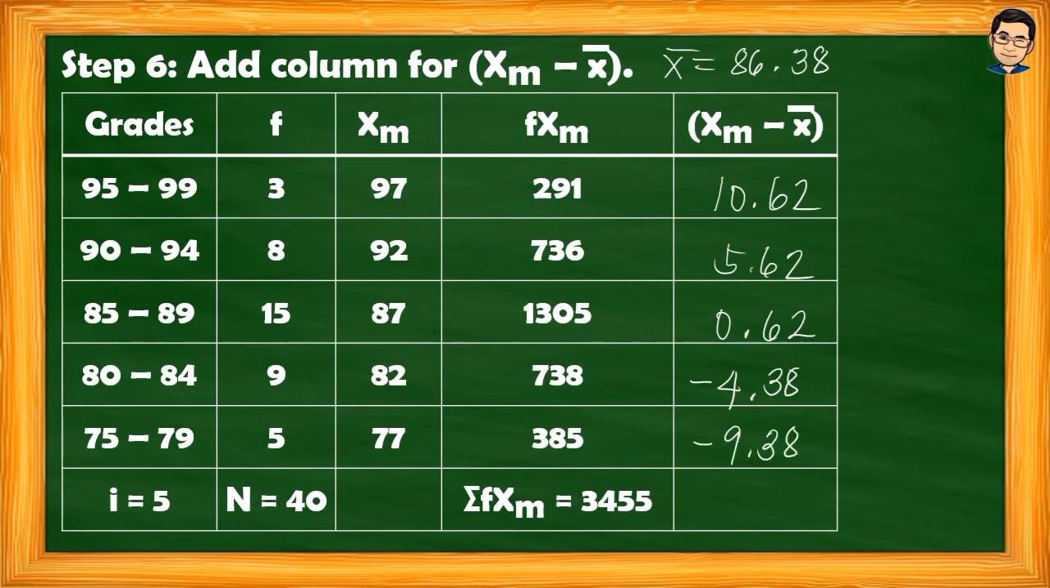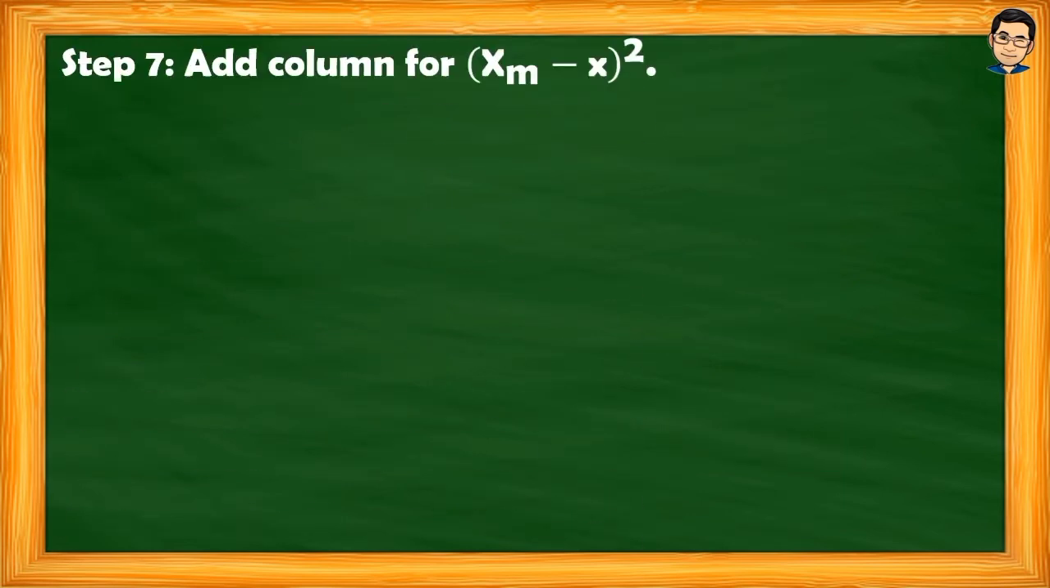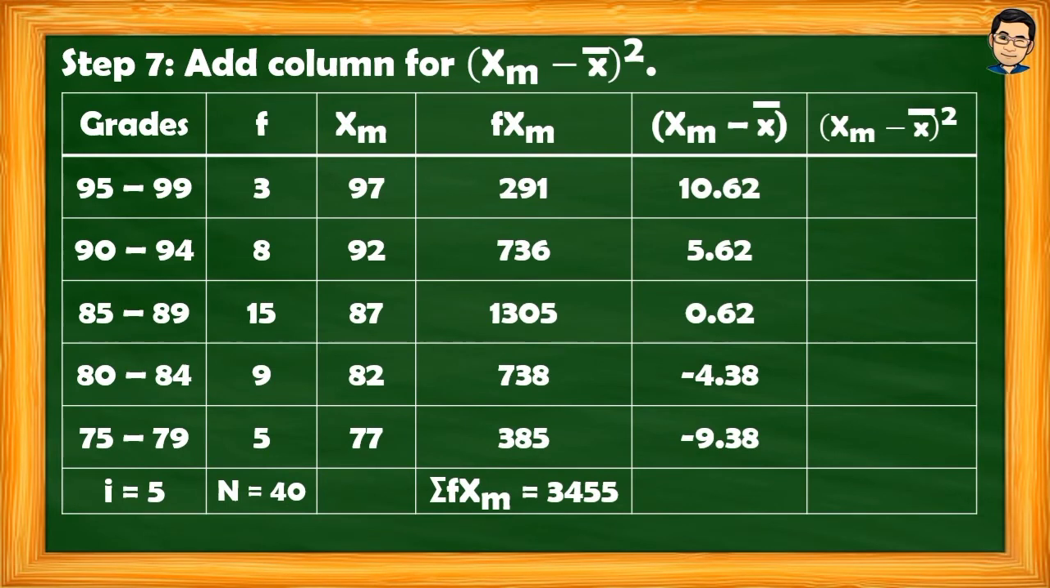Anyway, huwag tayong mag-worry kung negative ang nakuha. May nakuha tayong negative values dyan, kasi on the next step, square natin yung deviations. So, ito na siya. So, square natin. So, 10.62 square. So, that is 10.62 times 10.62. And then, yung makukuha nating value is